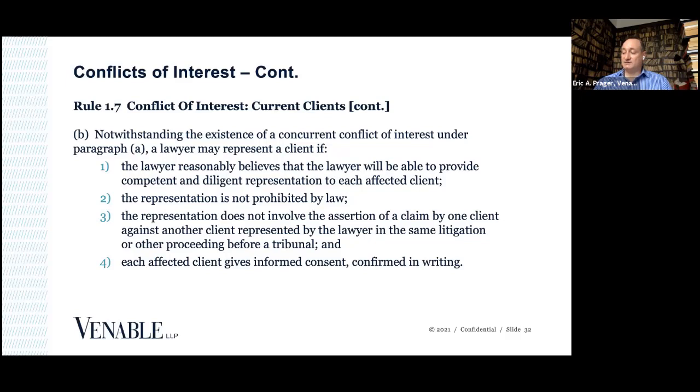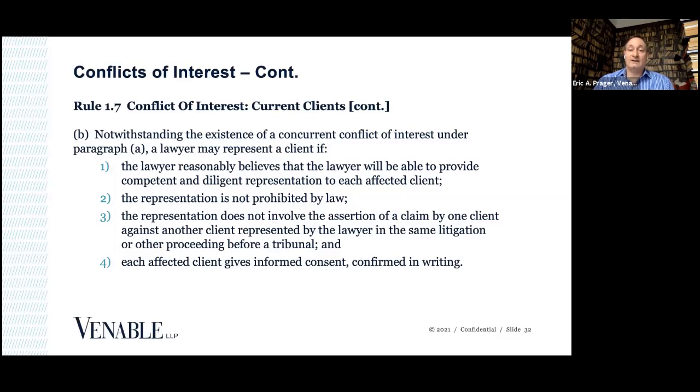There's a statement typically that the lawyer reasonably believes that the lawyer will be able to provide competent and diligent representation of each client. The representation is not prohibited by law. The representation doesn't involve assertion of a claim by one client against another client in the same litigation or before a tribunal. That's an important one because that is a non-waivable conflict. And 4, each affected client gives informed consent